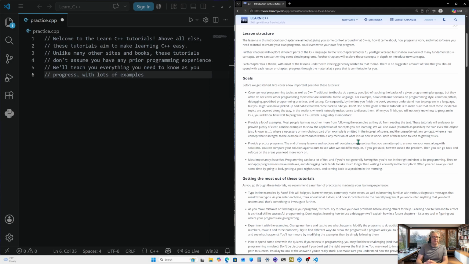When you finish, you will not only know how to program in C++, you will know how not to program in C++, which is arguably as important. Pretty much the do's and don'ts of writing a program.